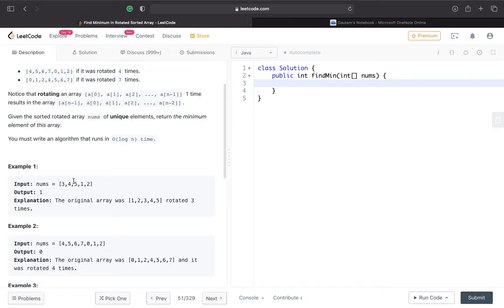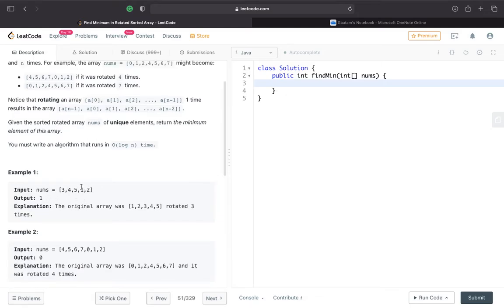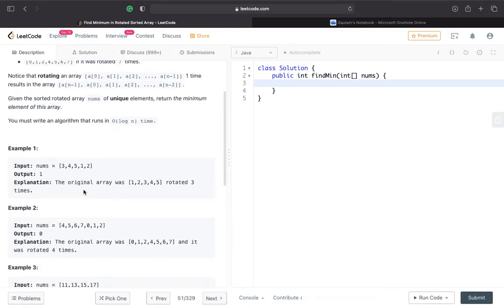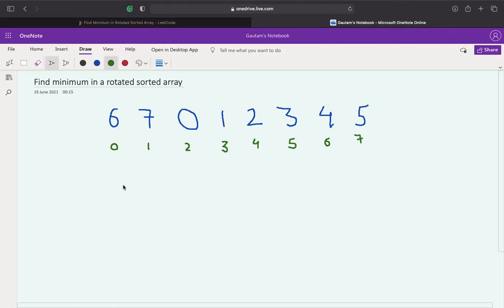Let's see example number 1: 3, 4, 5, 1, 2, and the output is 1 because the minimum element is 1. So let's see how we're going to solve this. Talking about the naive solution, if the interviewer asks you to give the approach for this question, he would expect you to begin with a naive solution, which is O(n) time, where you iterate the whole array and find the minimum element.